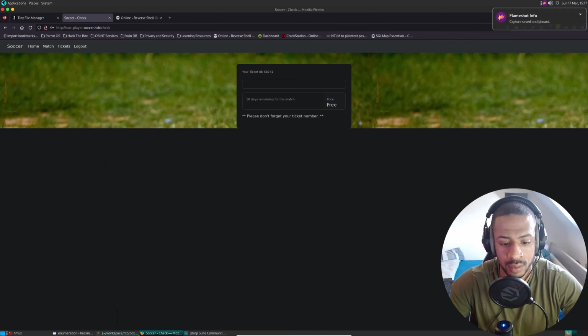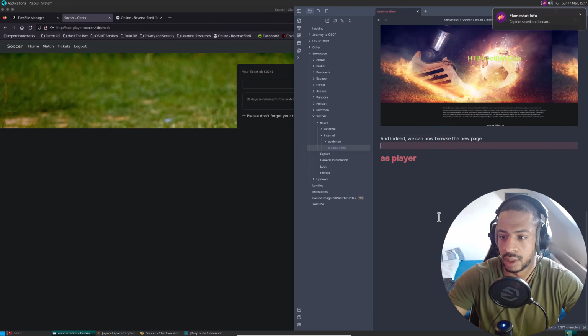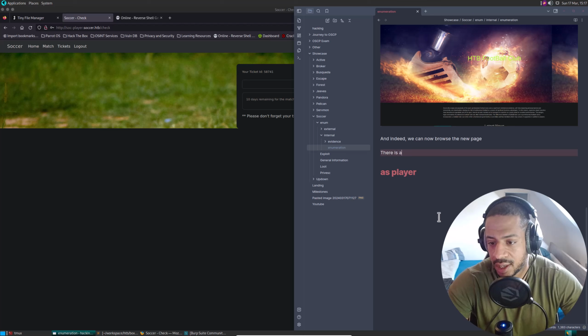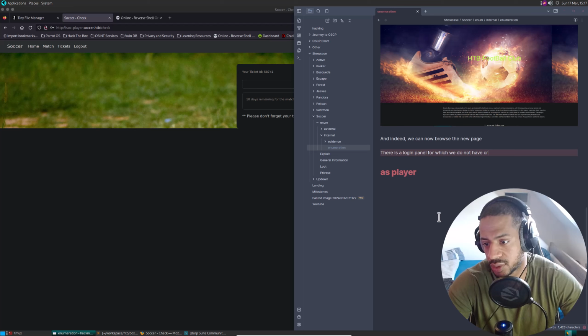Okay, so notes. There is a login panel for which we do not have credentials.